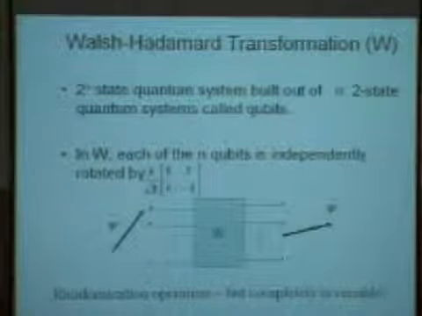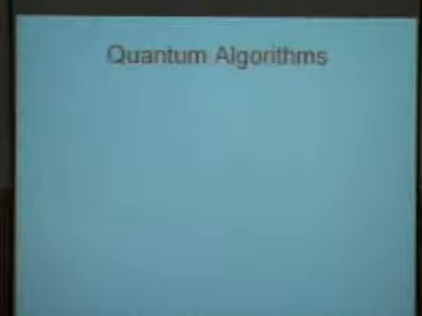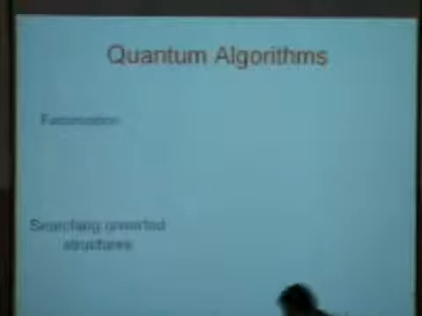But it turns out you can do other, more interesting things with this too than amusing children. And they are what we call quantum algorithms. The first and perhaps the most important quantum algorithm discovered was that for factorization. And the other,